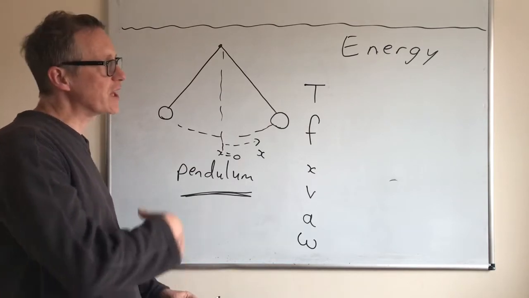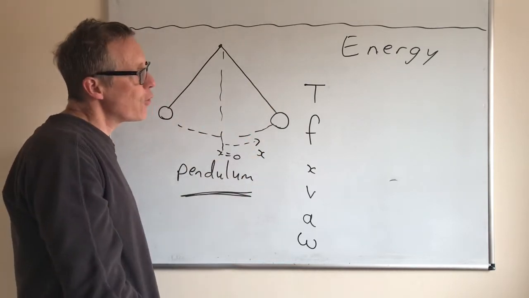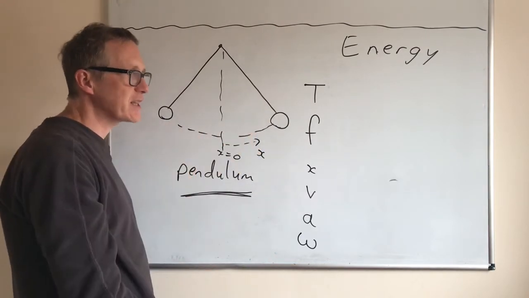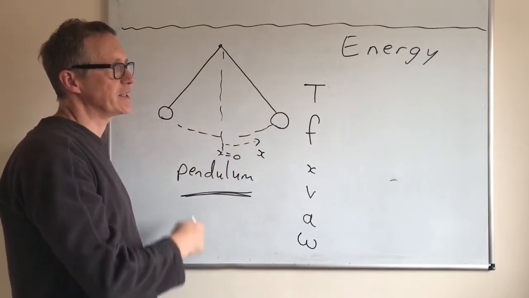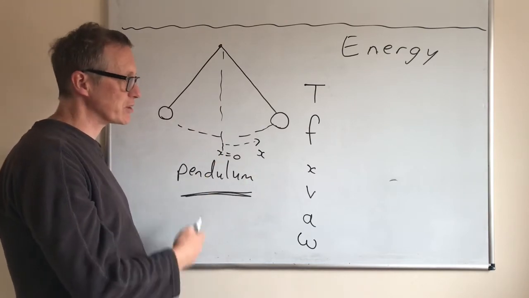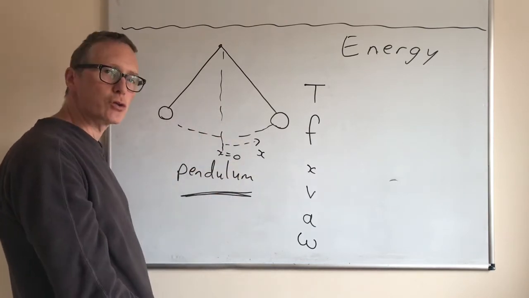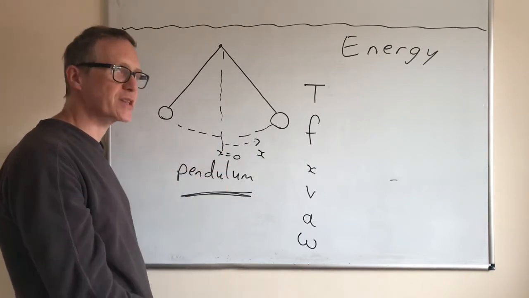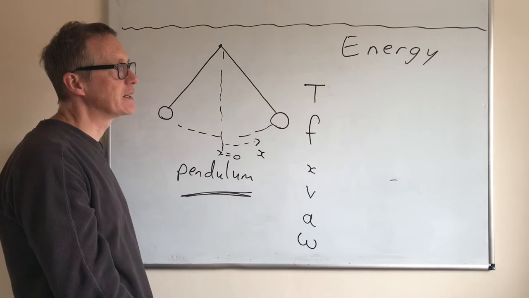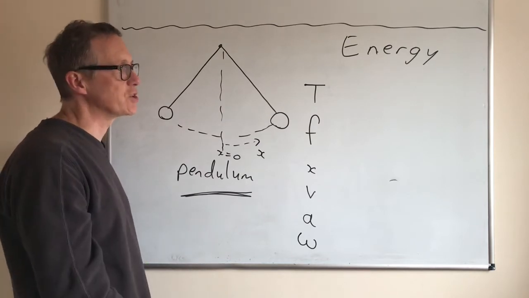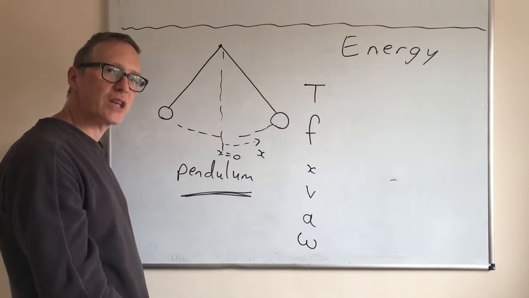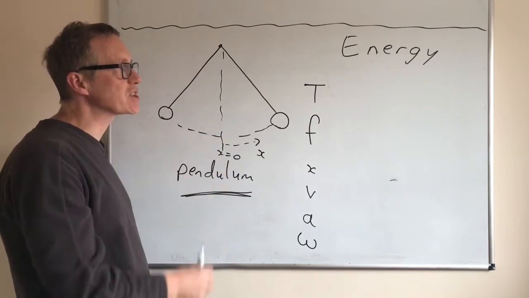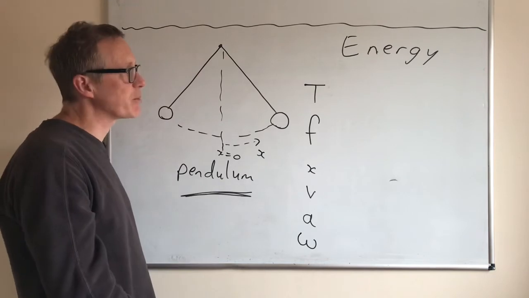Now what we're going to do today is take a step forward from these things to talk about the energy in something that is oscillating. And this is quite an important little story because sometimes we want the energy in an oscillating system to be maintained. We want it to keep its energy and not lose it very quickly. And sometimes we do want it to lose its energy very, very fast, and that's called damping when we do this. So let's find out a little bit of the science behind this, and then we'll see some of those